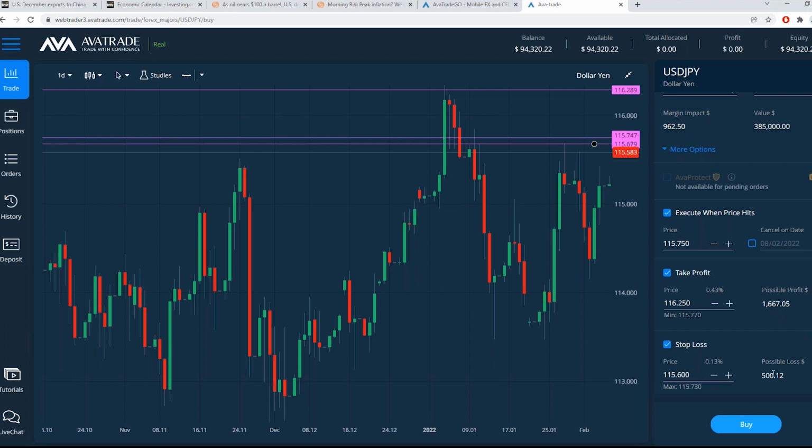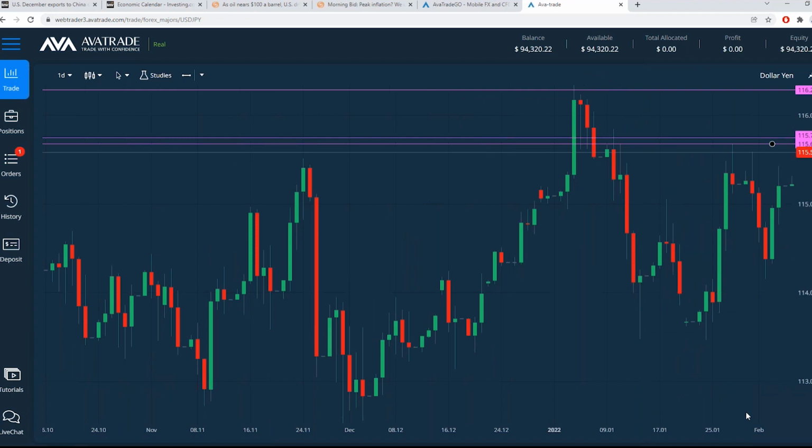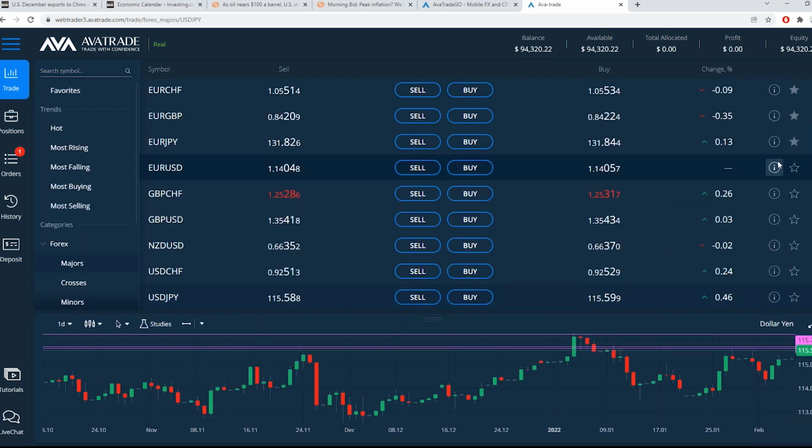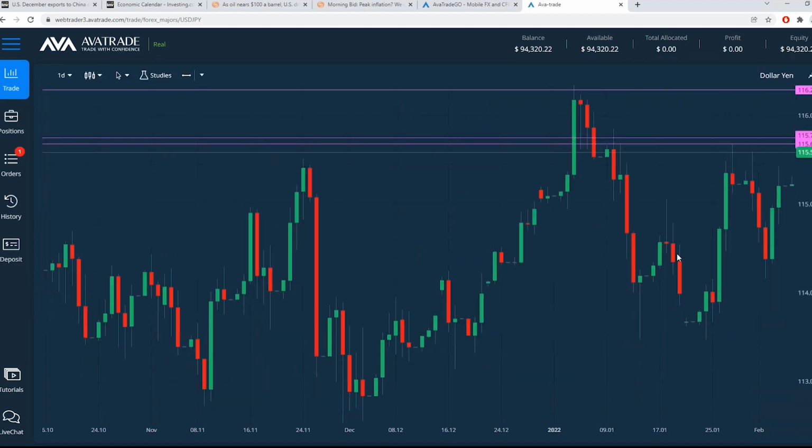Okay, if I like that setup, then I execute that pending order, which will execute when the price hits this price. And so there I've got a buy pending order set up, and it makes it automatically the right type of pending order, which in this case, if you're using the MetaTrader platform, you'd have to know that you have to pick a buy stop pending order because we prepared that to buy from a higher price. It's a buy stop pending order. On this platform, you don't have to call it a buy stop. You simply program it to buy from the price you want. It makes it the right kind of pending order.